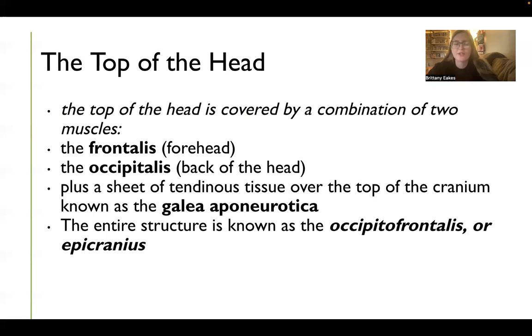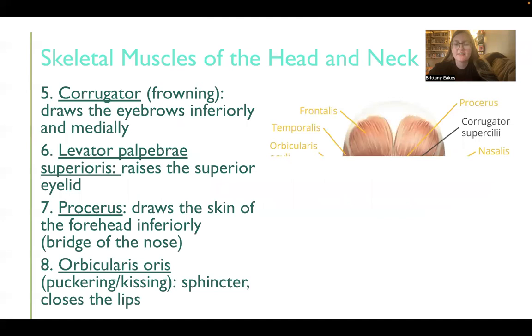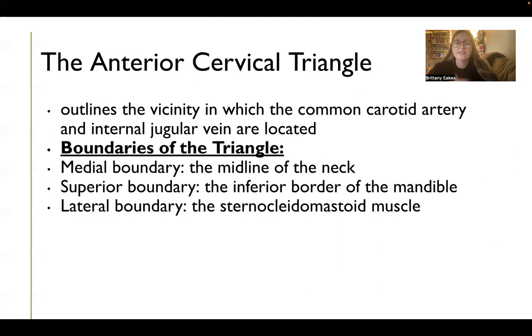This is the start of the video that we did yesterday, where I started at the top of the head. Let's talk a little about the anterior cervical triangle before we move on. So this is one of our major areas for embalming. This is what we use to locate the common carotid artery and the internal jugular vein, the boundaries of this